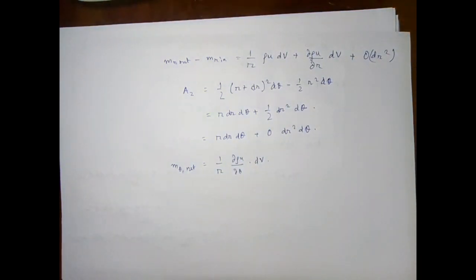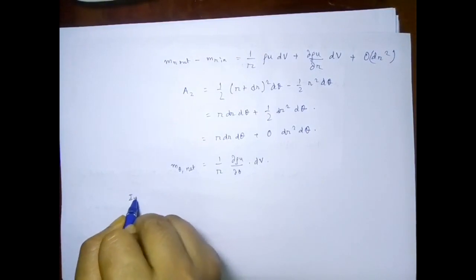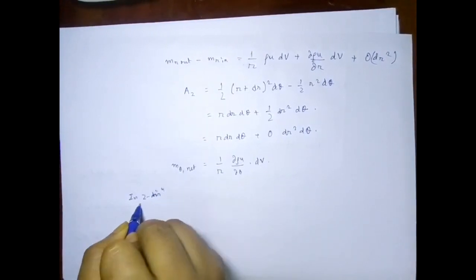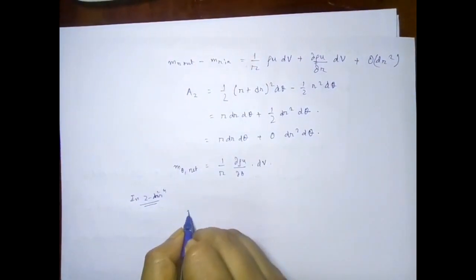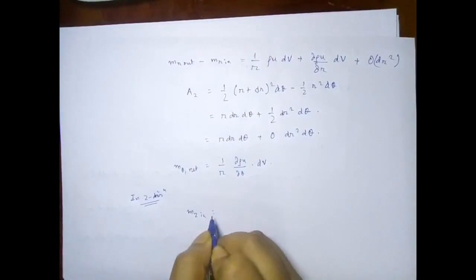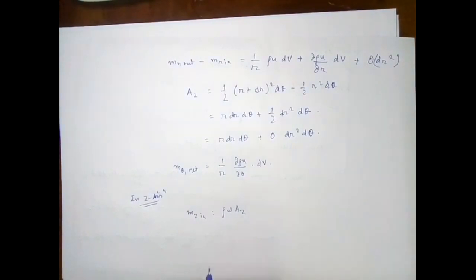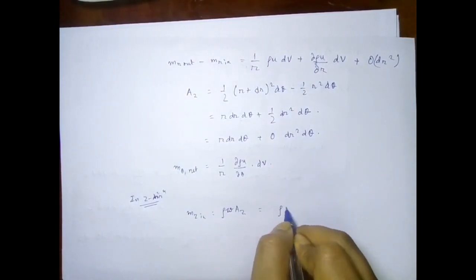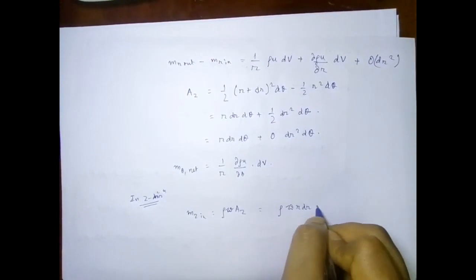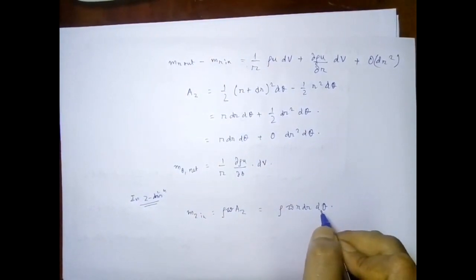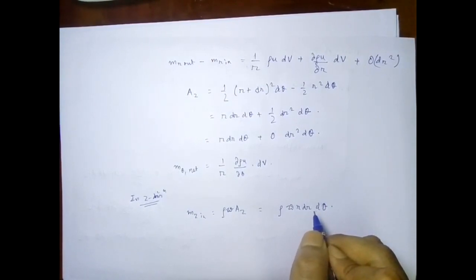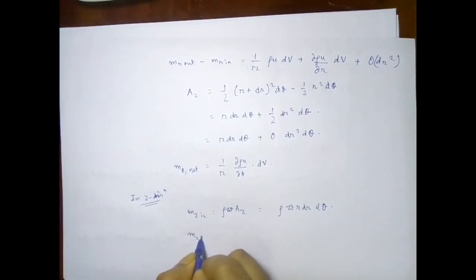So similarly, now if we consider the z direction, we will have mz in equal to rho omega az, sorry, this is not w, this is omega, rho omega az, this is equal to rho omega r dr d theta, while the outflow at the upper z face will be mz out,